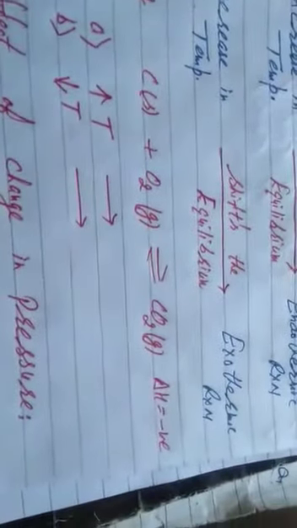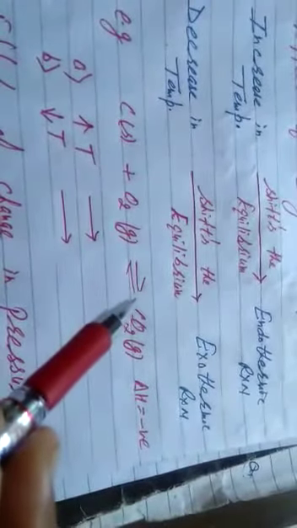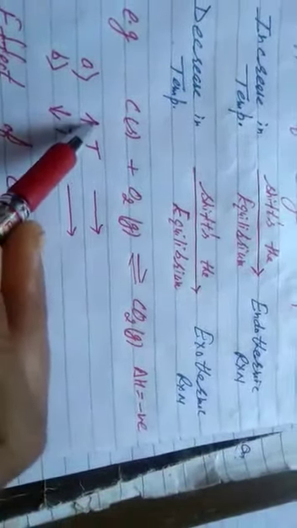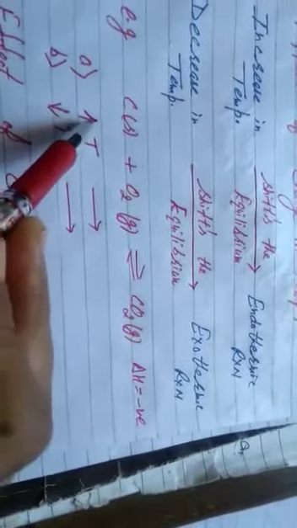Students, that's the equilibrium reaction. The reaction of carbon with molecular oxygen to give CO2, that's the symbol of equilibrium state. It is clear in the question, delta H negative, it means exothermic reaction. Now, what is the demand of the question? What will happen to the system if we increase the temperature?